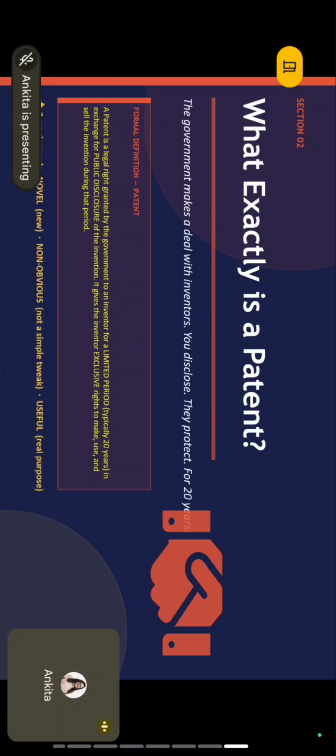And in patent, there are three magic words. The first one is novel, the second is non-obvious, and the third is useful. Novel means it should be completely new. Nobody in the world has ever done this before. Non-obvious means not just new, it must be a genuine inventive step, not an obvious next step. And useful means it must have a real practical use in the world and not just be a theory.